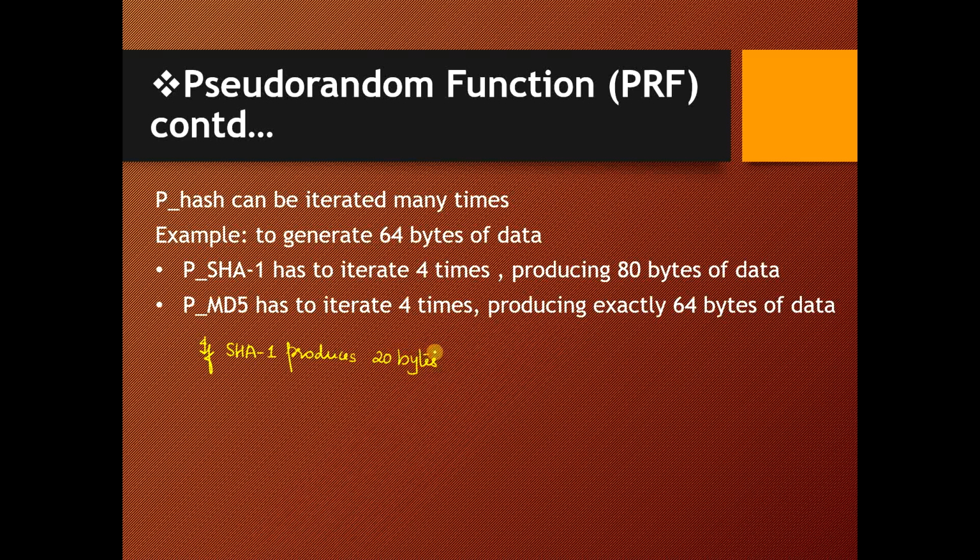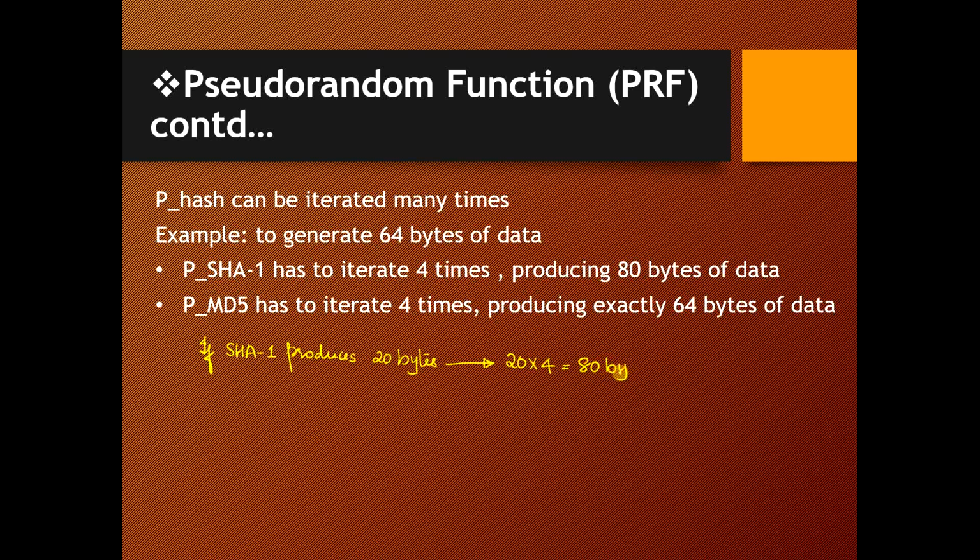That is, a single SHA1 produces 20 bytes of data. So if a single SHA function produces 20 bytes of data, when this is iterated 4 times, 20 into 4 will be equal to